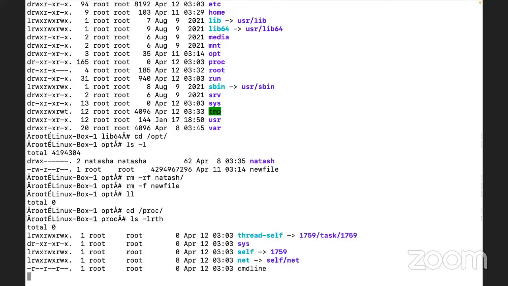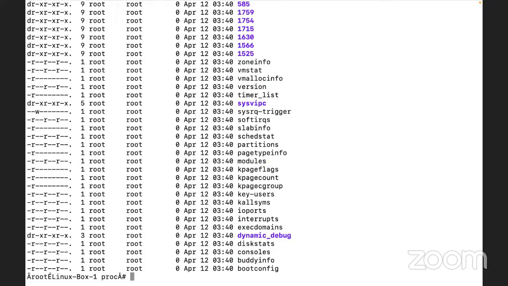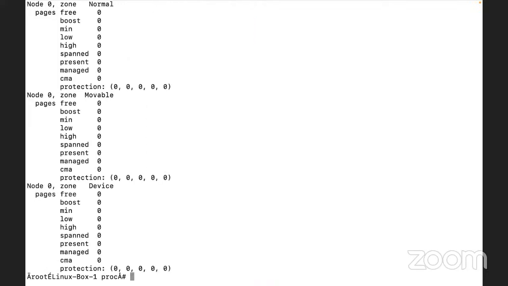Now, what is a virtual file system? This is going to let you know the information about your operating system. And if you see, most of the files have 0-byte size. Okay, let us say zoneinfo. There is some data available in this file.